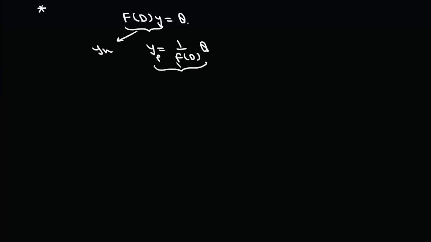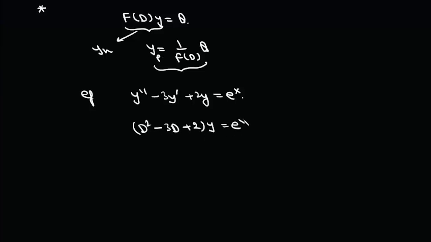How do we use this? Let us take an example. Say for example, we would find y double dash minus 3y dash plus 2y equal to e to the power x. Now we can write it in terms of the differential operator as (D square minus 3D plus 2) y equals e to the power x. Now first we'll find the solution to this